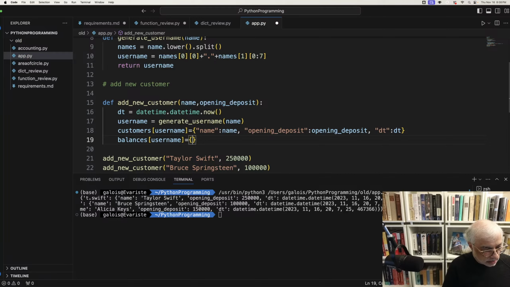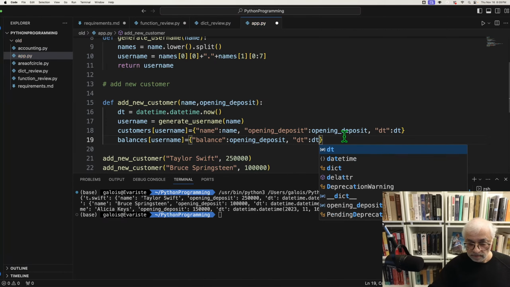And this will also be a dictionary, balance, and the amount is the opening deposit. And we also want a timestamp for this one,